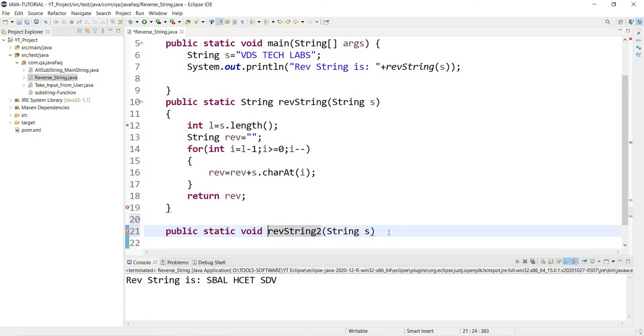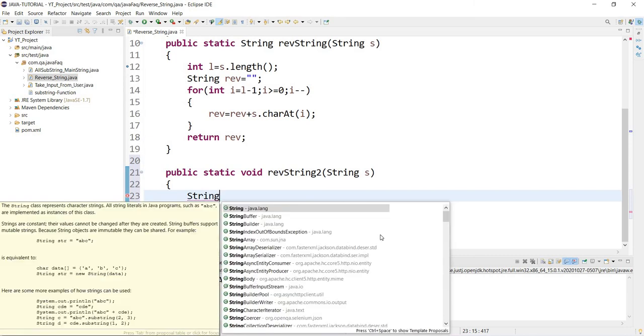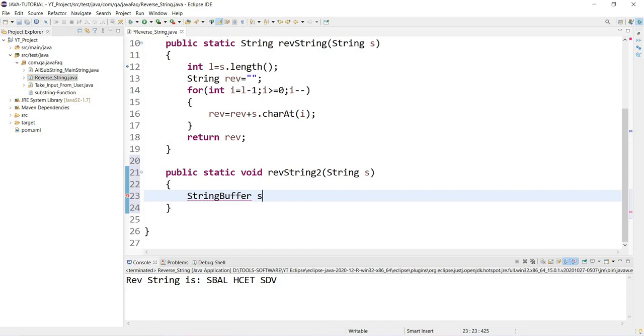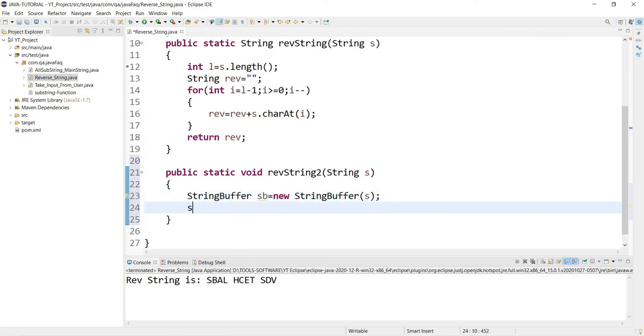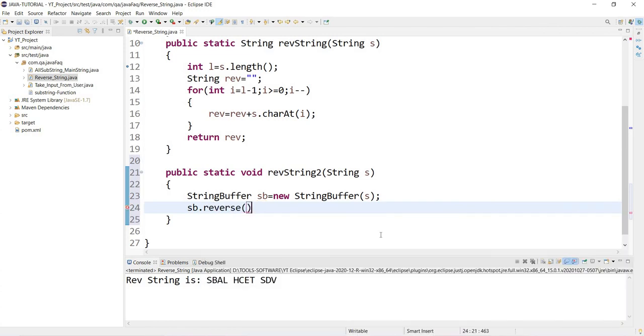Okay, and now this time I'll make the StringBuffer class object. This one is StringBuffer sb equals new StringBuffer, and I'll pass the parameter. Okay, and now sb dot reverse method is there, so this way it will reverse actually.